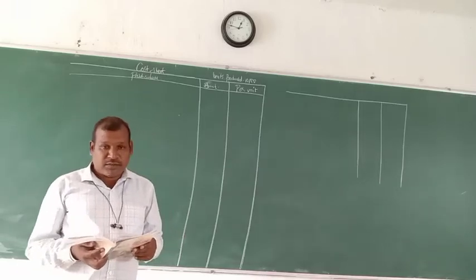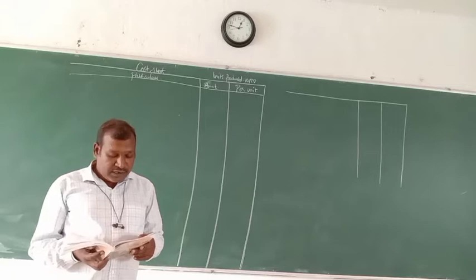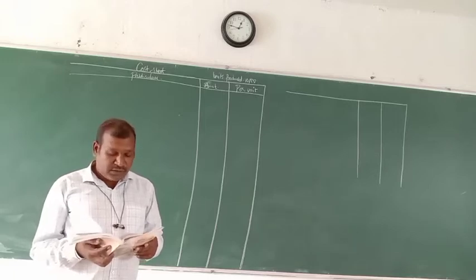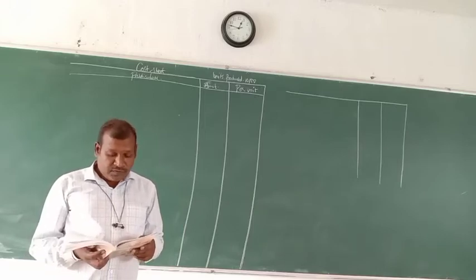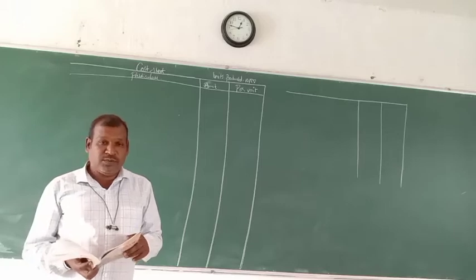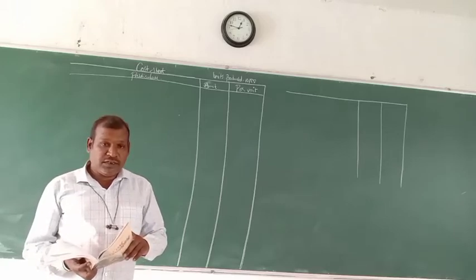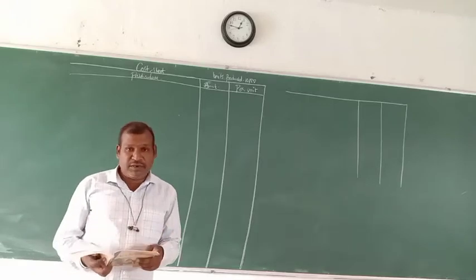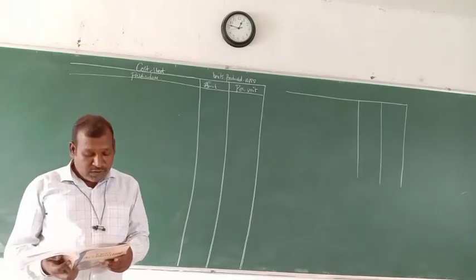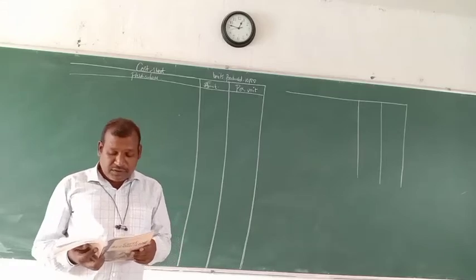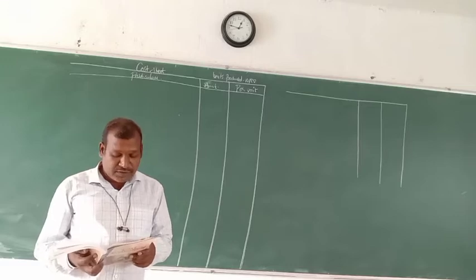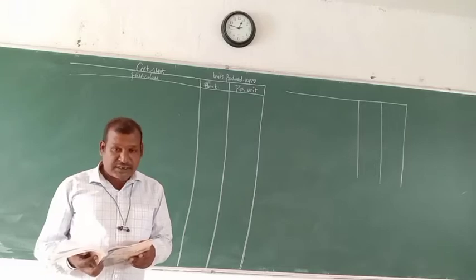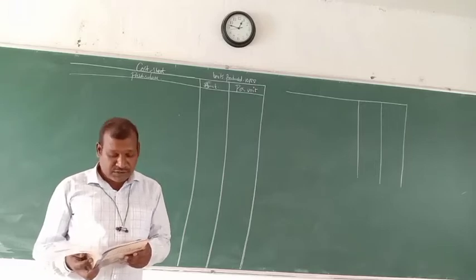Factory material consumed, you will take it to the factory. Salary of the factory staff paid, within bracket they have given, this includes prepaid rupees 10,000. So anything prepaid is given, it should be deducted. Anything outstanding given, it should be added back. From the salary of factory staff, we have to deduct the 10,000. Factory expenses including depreciation, that is also factory. Factory rent, factory. Office expenses is related to administrative.